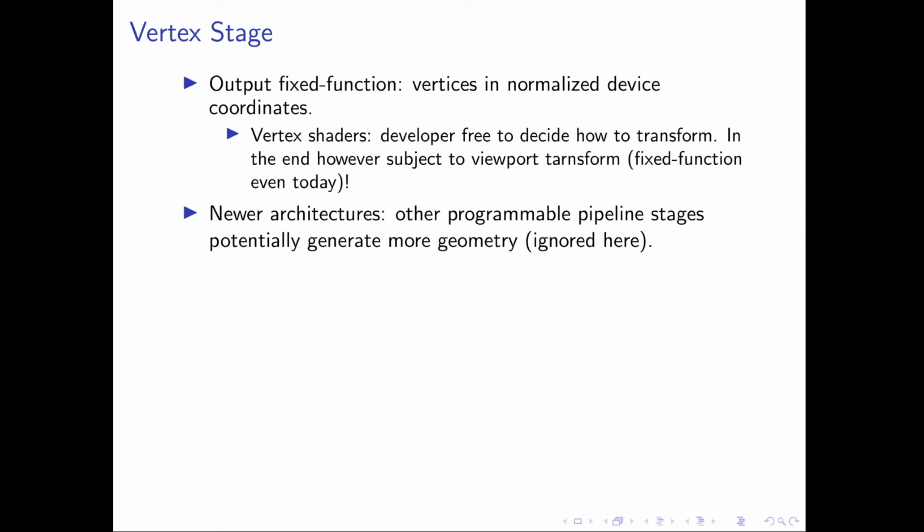And of course, there are vertex shaders, so the developer is relatively free to perform other transformations. But in the end, the vertices will go through the viewport transformation, and therefore certain assumptions are being made about what a vertex shader will do, in order to make the behavior consistent here. And as I said, there are other pipeline stages that potentially generate more geometry, and they will of course also work in conjunction with the vertex stage, but we will not discuss them during this